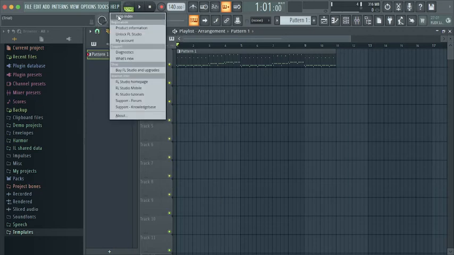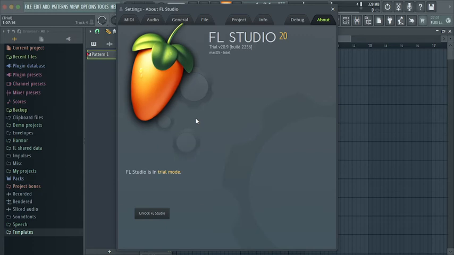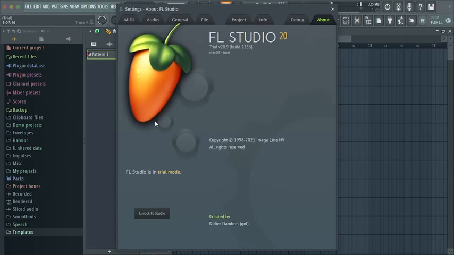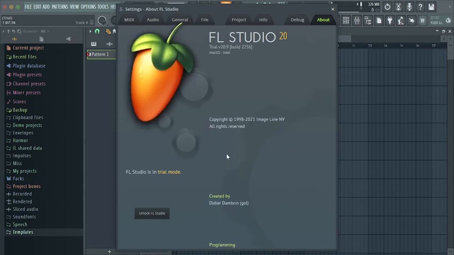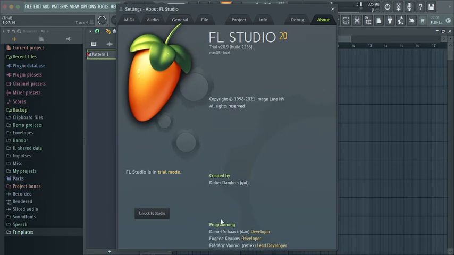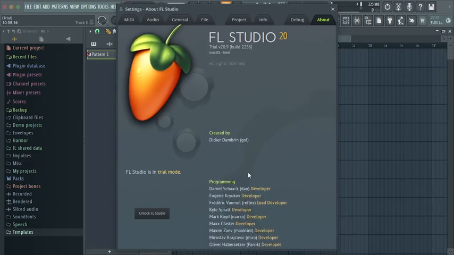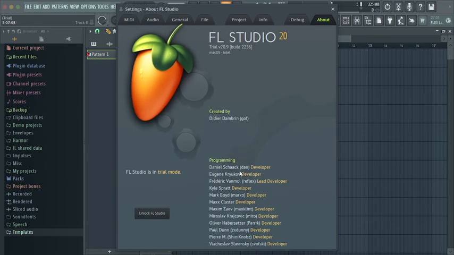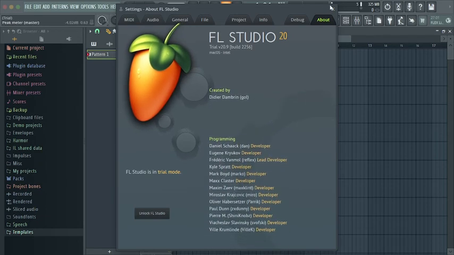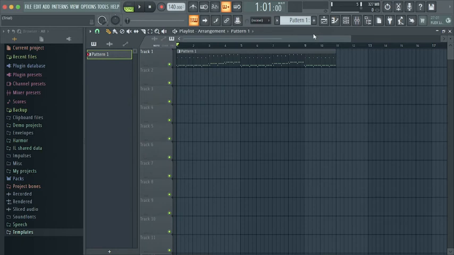Now the help index. And the most important thing is the About section. If you click that, it'll bring you this. Sometimes that happens. It'll show you who created, designed, and programmed this program, and all that jazz. Not really that important. So we went over all the things. Now, we should make